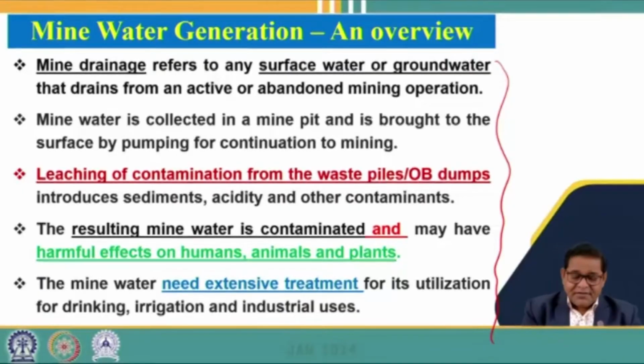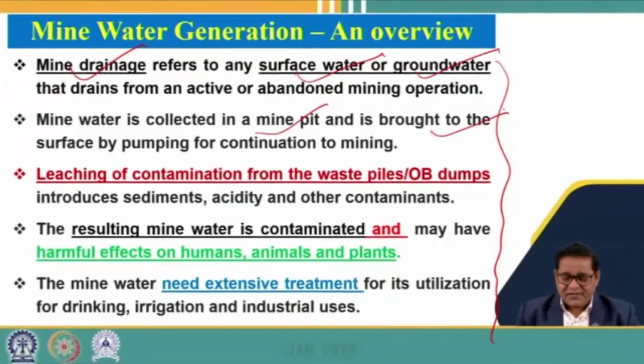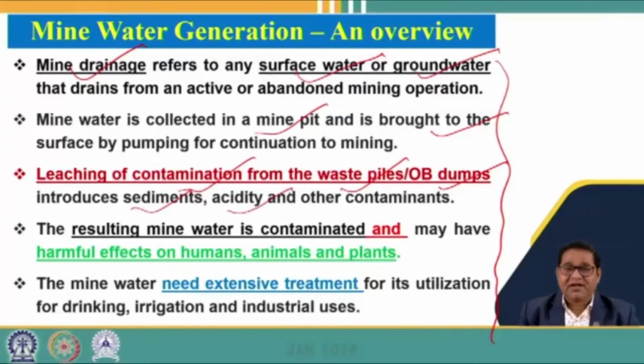So this mine drainage basically refers to any surface water or groundwater that drains from active or abandoned mining operations and is collected in the mine pit, from where it is brought to the surface for continuation of these mines. During this process, the leaching of contaminants from the waste piles and OB dumps also introduces a lot of sediments, acidity and other contaminants in the form of organic and inorganic impurities,